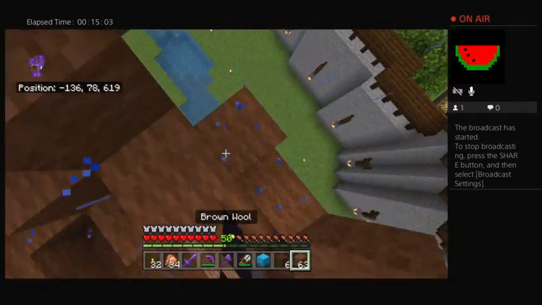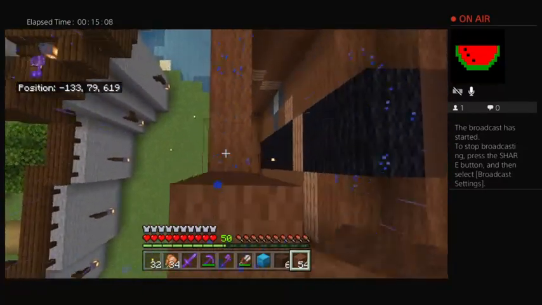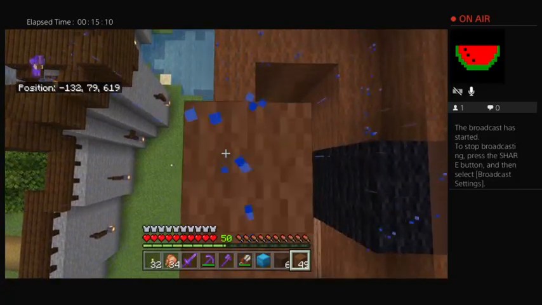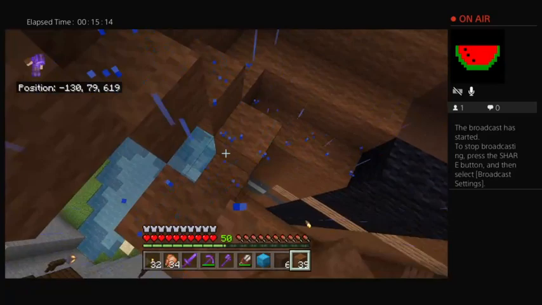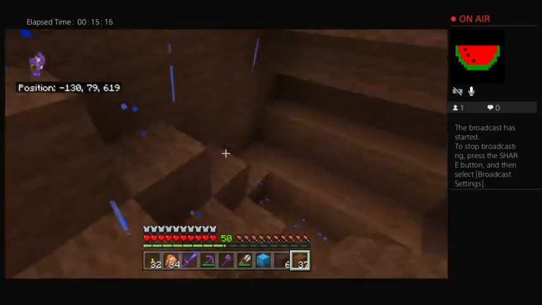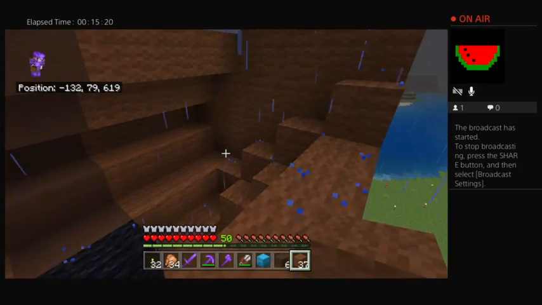I'm trying to save as much brown wool as I can, but there's only so much I can skimp on. Like we can save these edges here because that's interior and it won't be visible, but